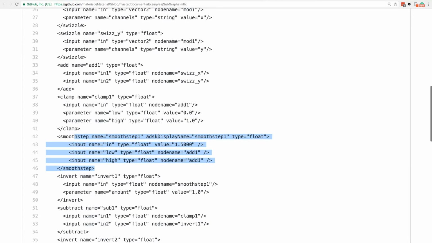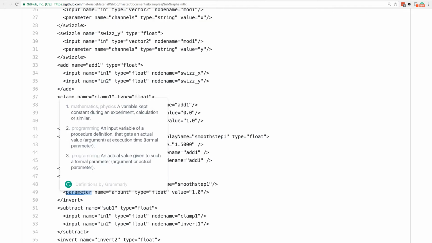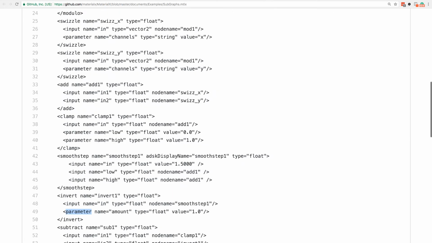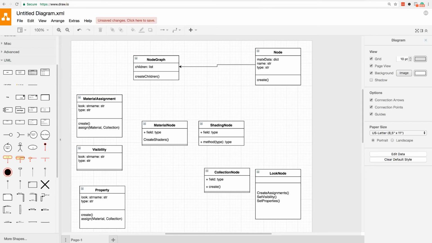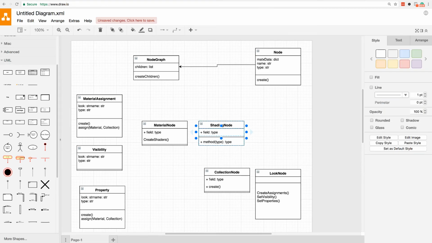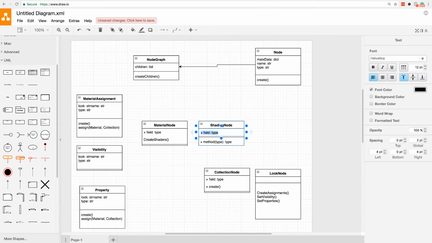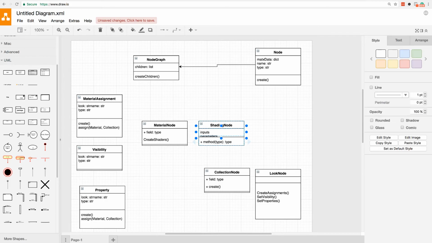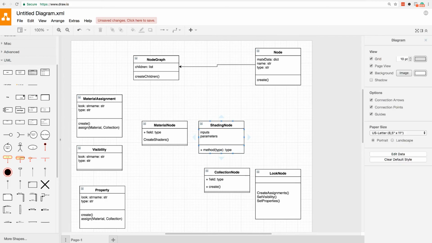So one thing that we see here is that they all have inputs and they have parameters, every one of these guys inside the node graph, and that's kind of where we wanted to break it. So here we're going to have inputs and parameters. Right, there we go.